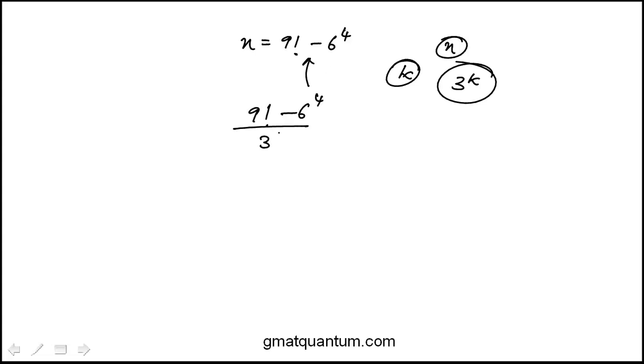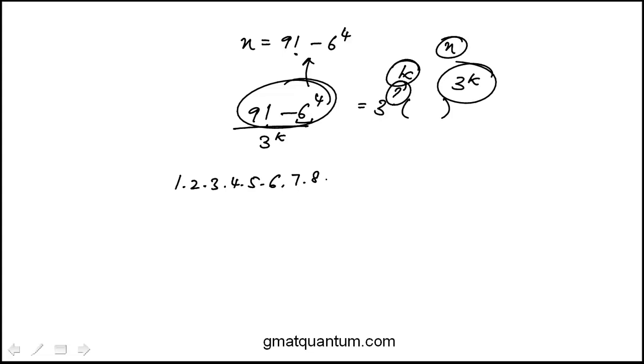So essentially, if we could rewrite the numerator as some power of 3 and some other numbers, then what is that largest power? Again, I don't want to be doing the computation. I have to see the link between 9 factorial and 6 to the 4. Actually, in this case, there isn't much to factor. What I mean by that is there aren't factorial terms. So I think it's a little bit different than the previous problem in the sense that I just need to count the powers of